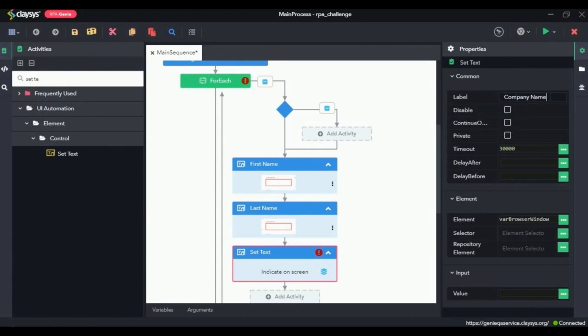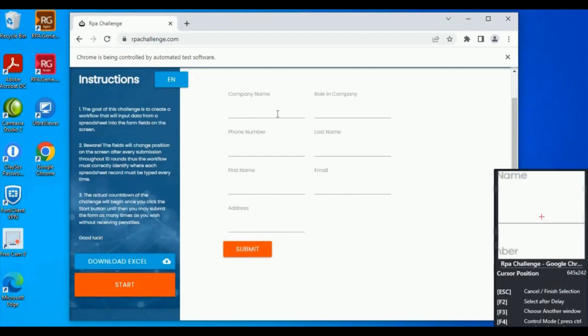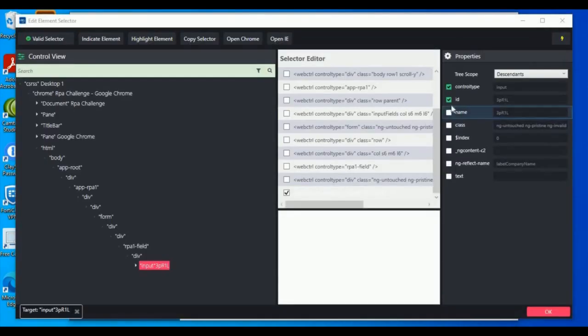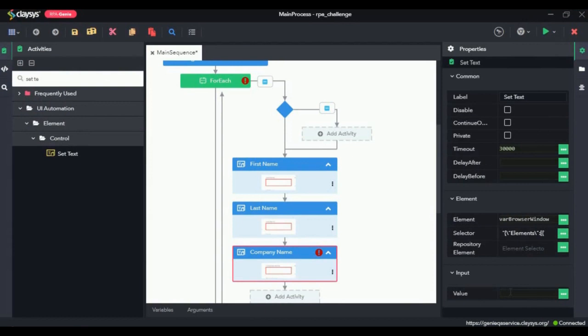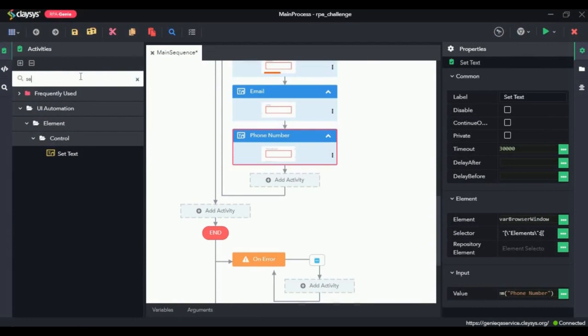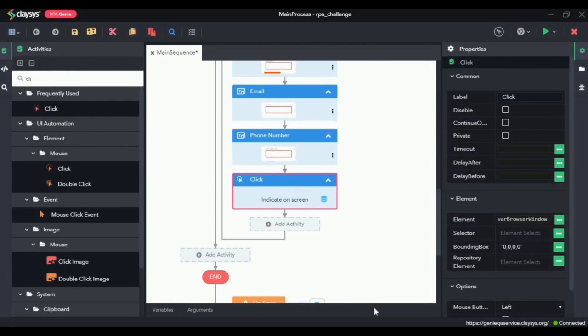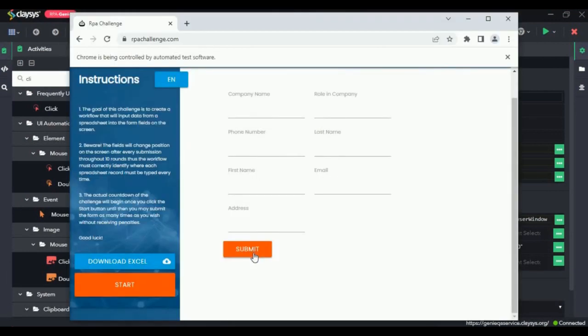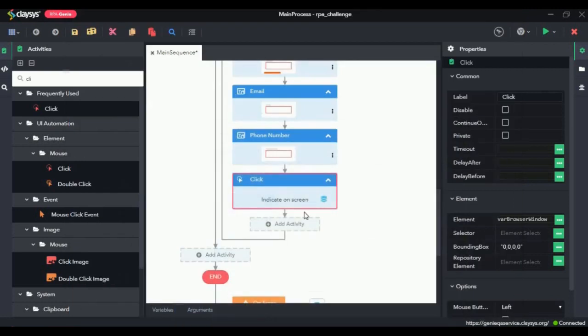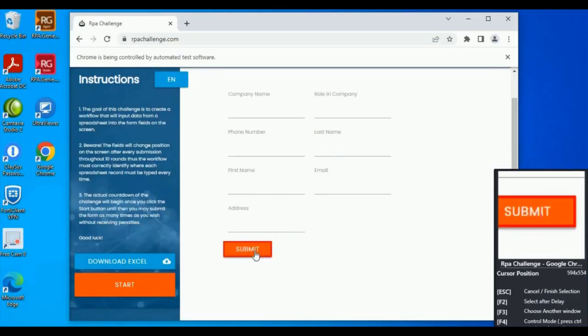So next is company name. Now we need to keep doing this for all of the 7 columns present in the Excel. Now that we have used the set text activity for the last column, we need a click activity in order to submit all the entries that will be filled over here and to move on to the next row. So I will highlight it,